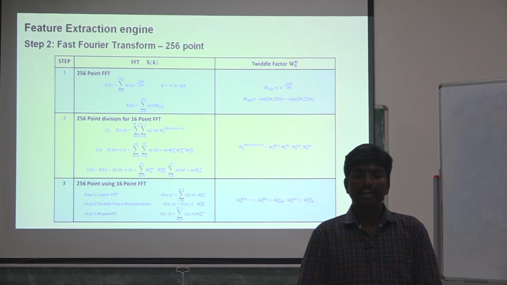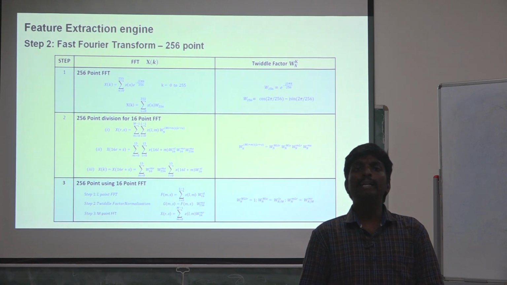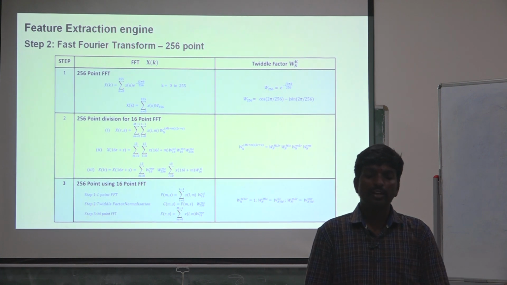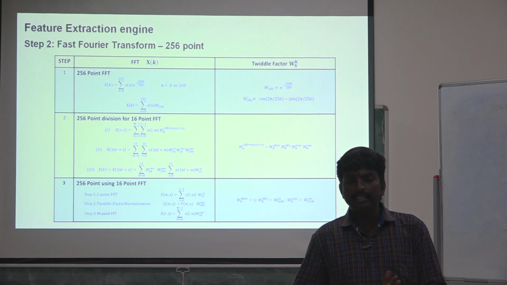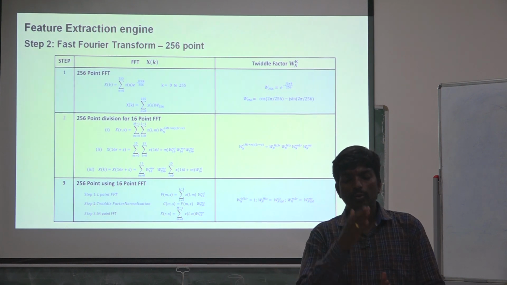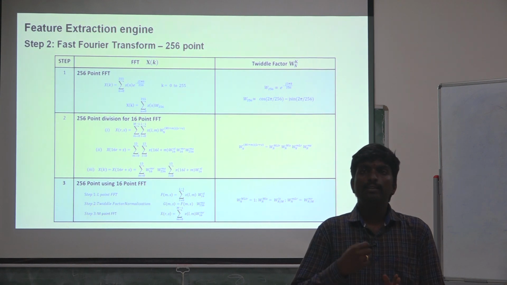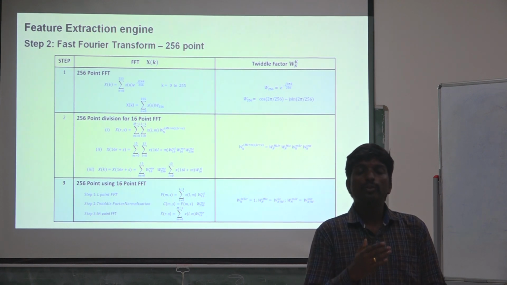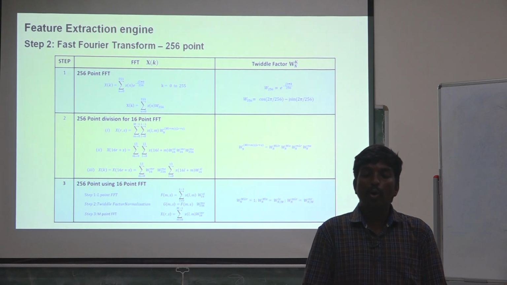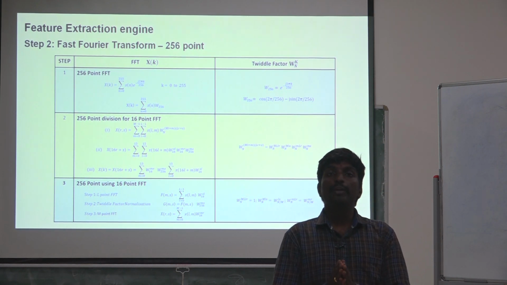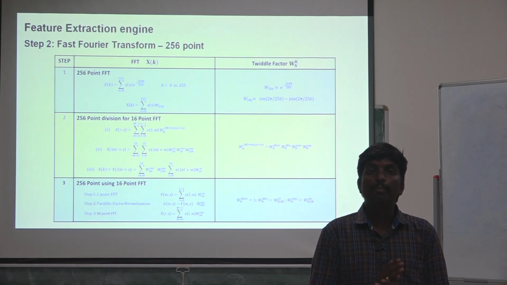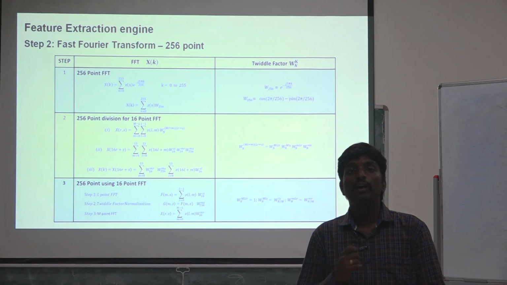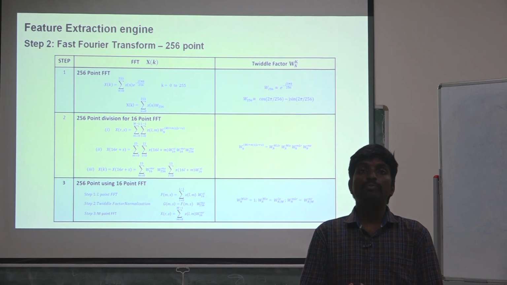So the second subframe of the FFT is calculated with m equal to 1 and again L equal to 0 to 15 variation. In this case the samples are 1, 17, 33, 49 and so on. Like that we get 16 subframes of FFT for the 256 point in the first dimension. Once the first dimension FFT is computed, we need to multiply by the respective W256 power of ms, which is a twiddle factor for each subframe of the FFT.